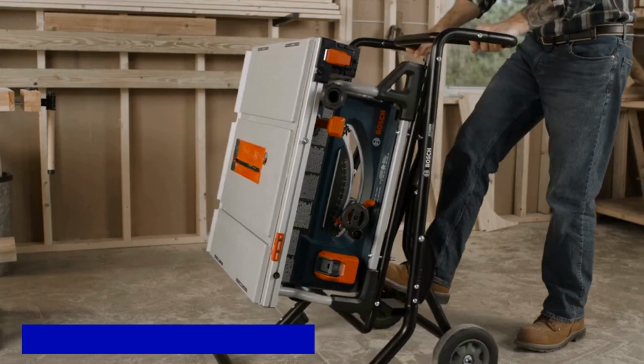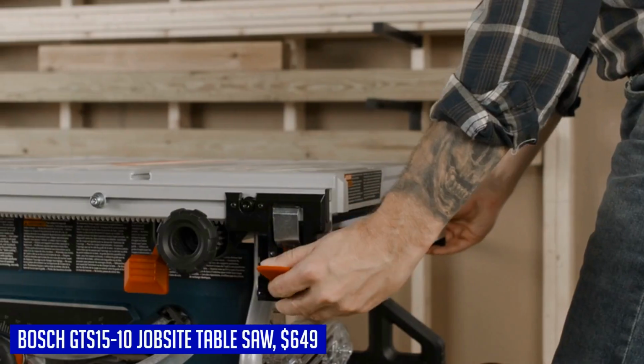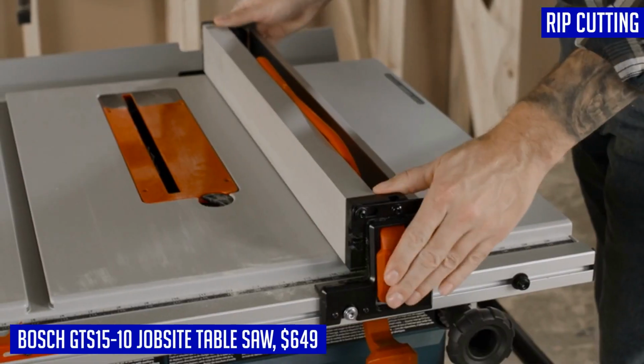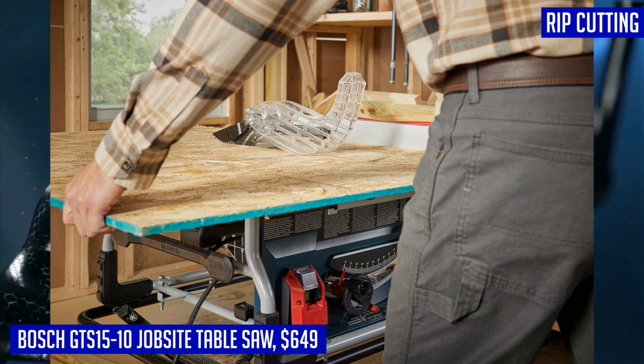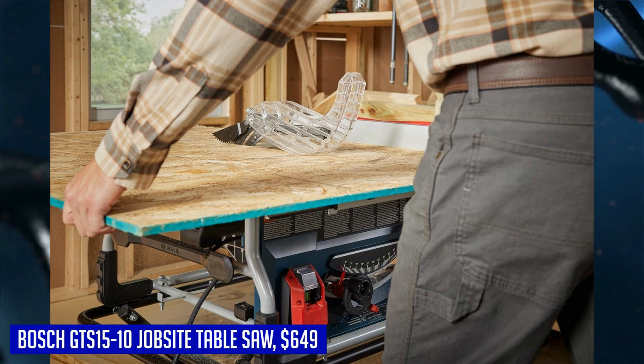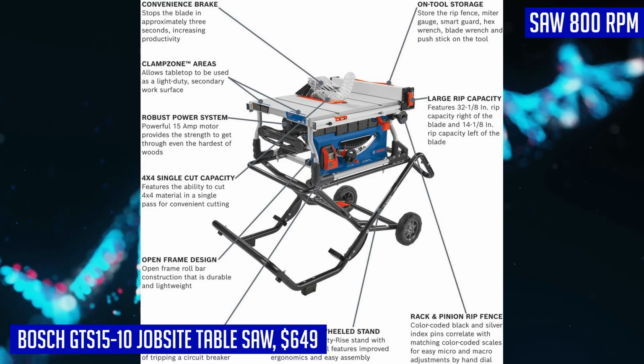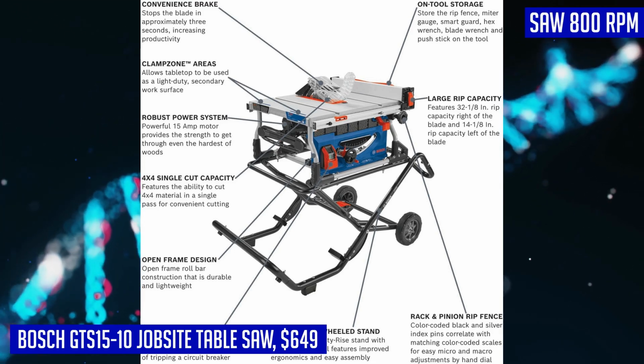Looking for a reliable and efficient table saw for your woodworking projects? The Bosch GTS 15-10 job site table saw is a top contender in the market. With a powerful 15-amp motor running at 3,800 RPM, this saw is perfect for both rip-cutting and cross-cutting various wood materials. One of its standout features is the convenience brake, which stops the blade in just 3 seconds, saving you